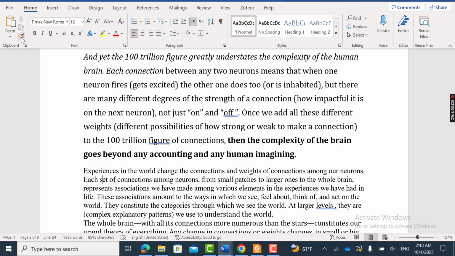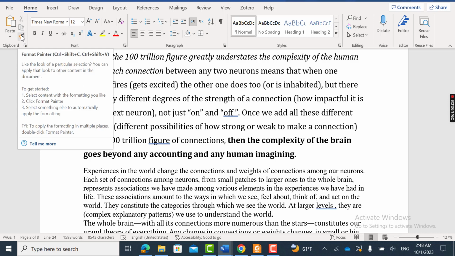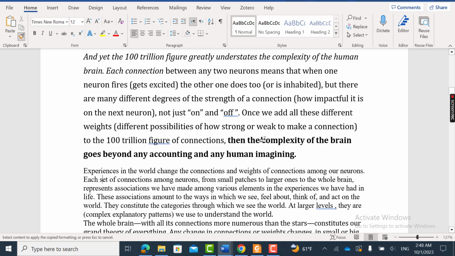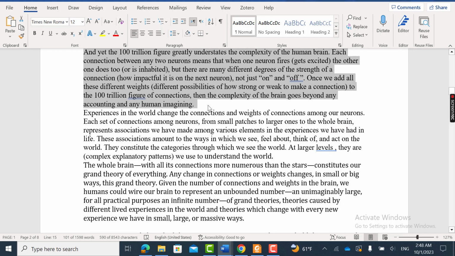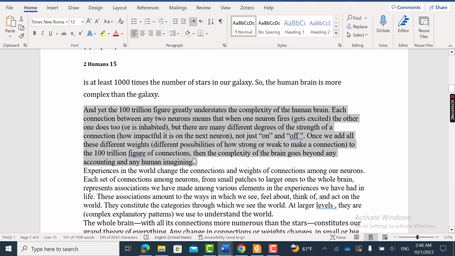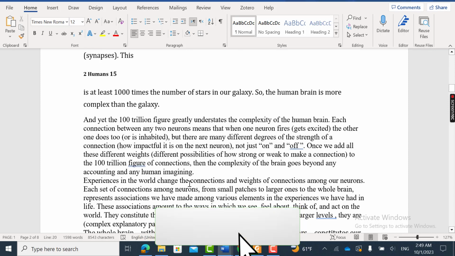Then we come to the Home tab, Clipboard group, and click on Format Painter. Then we select the text that we want to apply the format to. As you see, the formatting of the text we like is applied to the one that we selected. This is all about using